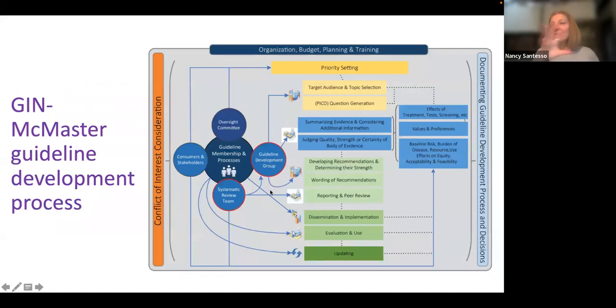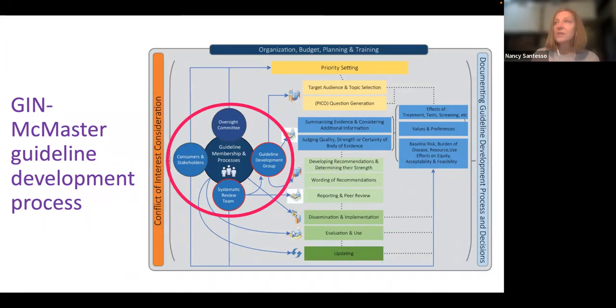So just as a framework to start out with, we're going to use the GIN McMaster guideline development process to structure what we're going to talk about during this session. And just stepping back and looking at this figure, there are many steps to the guideline process, which I'm sure a lot of you know and have been involved in many of those steps. But as we said, there's a whole chapter around how to include patients, the public, in the process. So we're not going to cover actually physically including those people in the process. So we won't cover that part, but certainly